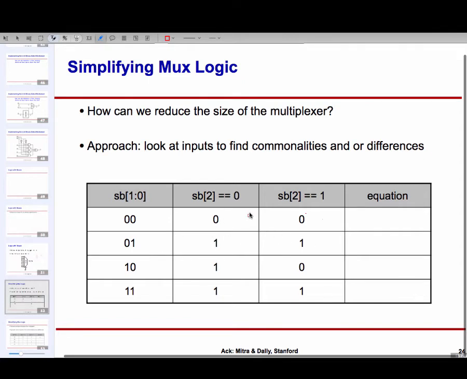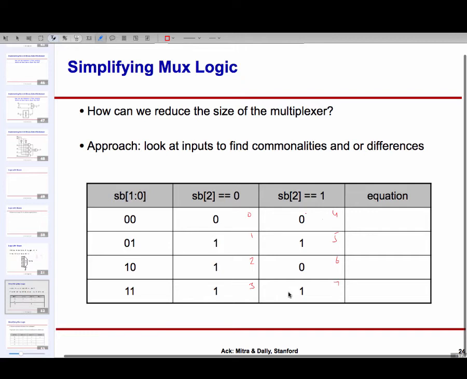This corresponds to the number 0, this corresponds to the number 1, this to the number 2 and 3. In our example, we are always considering 1 as prime, so that's why we have 0, 1, 1, 1. This corresponds to 4, 5, 6, and 7. So we have shown the outputs as they would appear.